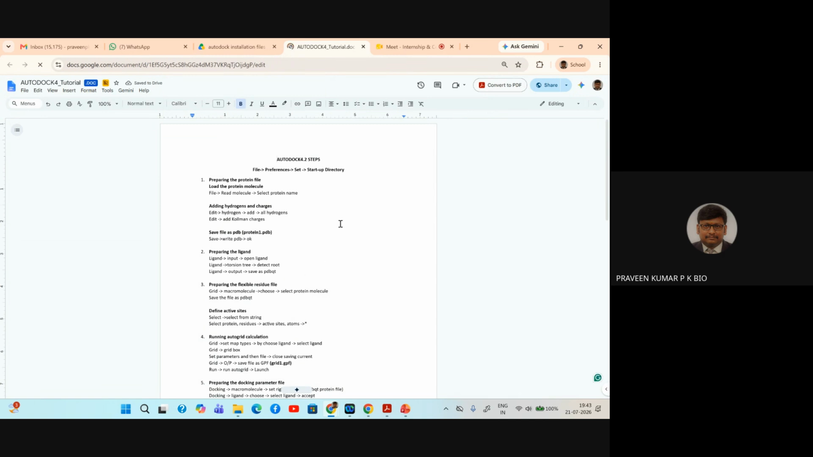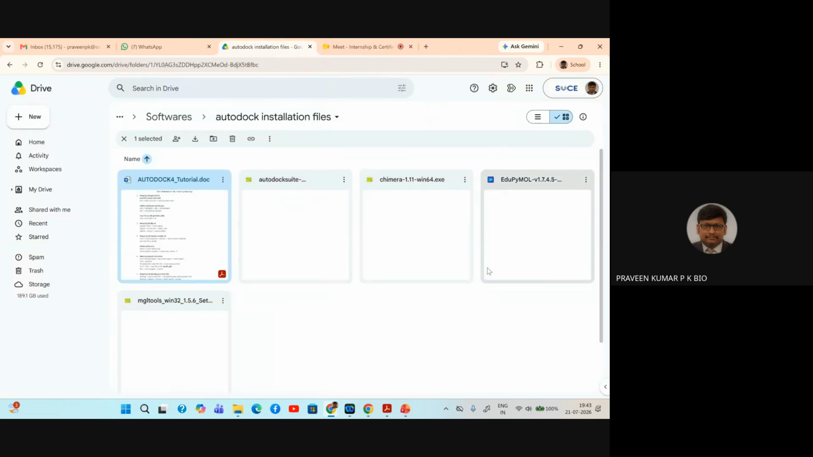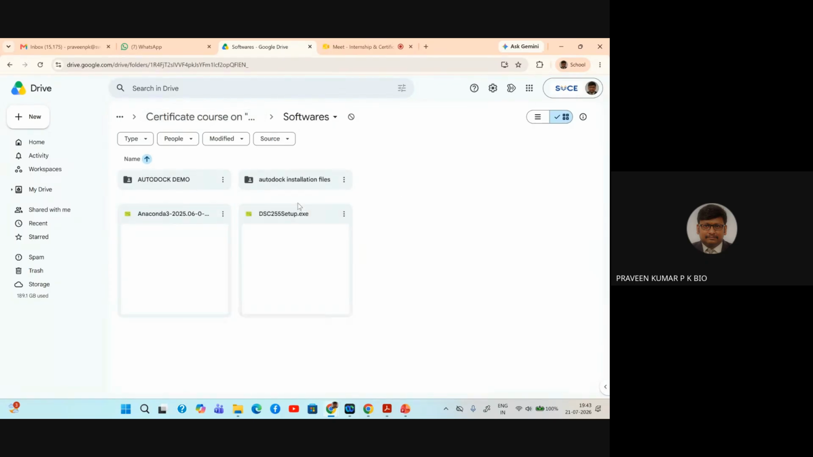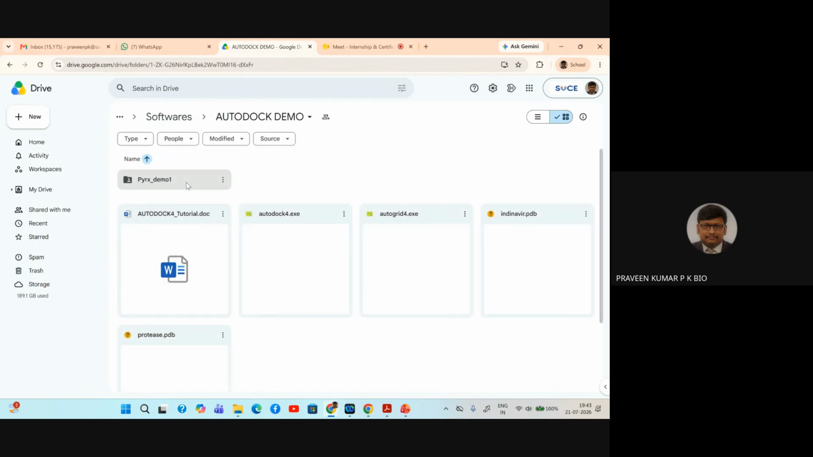So if you want to perform the steps, you can also download this tutorial along with these installation files. Of course, it will be needed for you. After that, you can see the AutoDock demo. In the AutoDock demo,